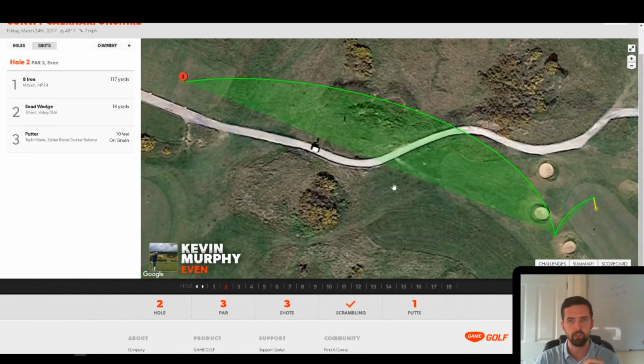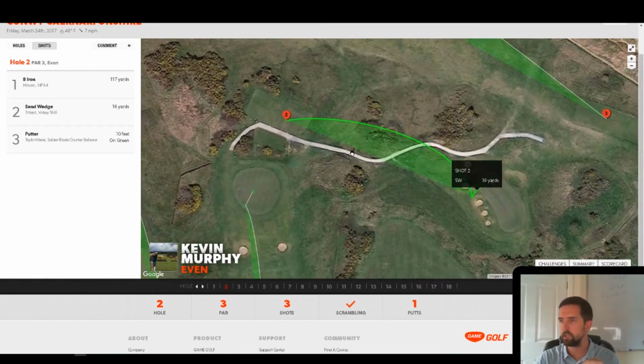Let's move on to the second. So second will play as a 150 yard par 4. It's going to vary obviously on the day based on flag position and tee position, but it looks to me like basically don't miss right. If there's a pin short right around this area, just don't go for it, just go for the middle of the green. So in my eyes it looks like just go for the middle of the green pretty much at any point,